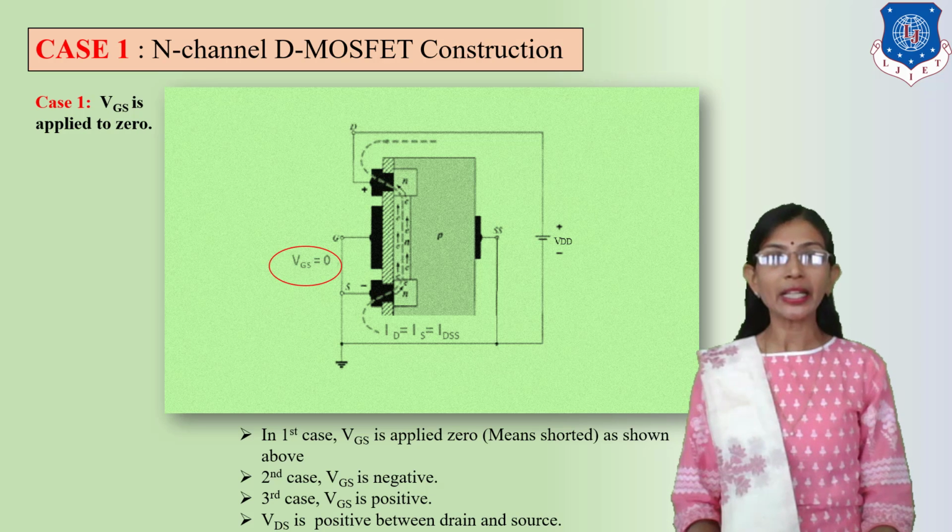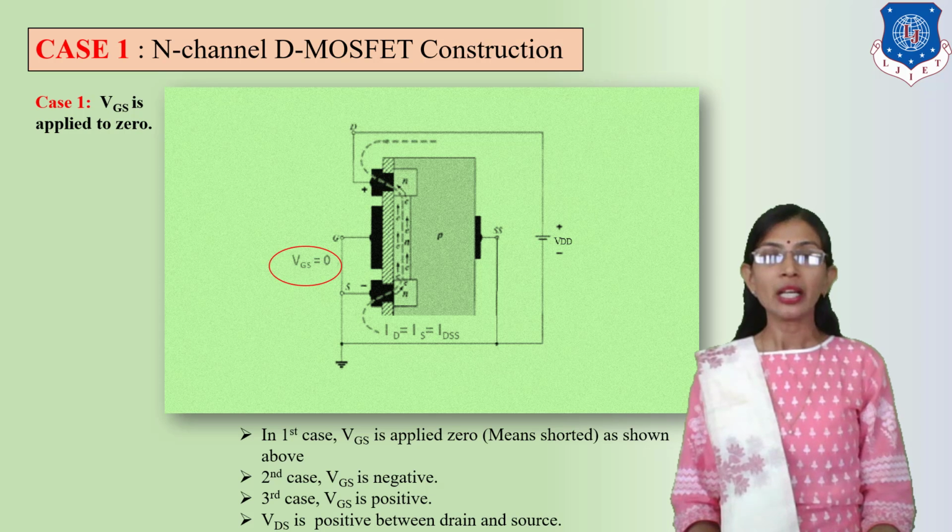So we can draw the characteristic for the D MOSFET, and always remember that the output loop battery, that is VDD, is always positive. So for the case 1, that is VGS equal to 0, we will apply here VGS equal to 0. Look at this, I am repeating again, VGS equal to 0, so plenty of electrons are available in the N channel, and due to that maximum current will be available, ID is maximum.